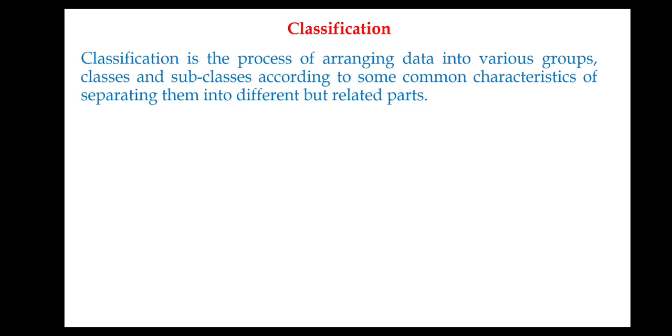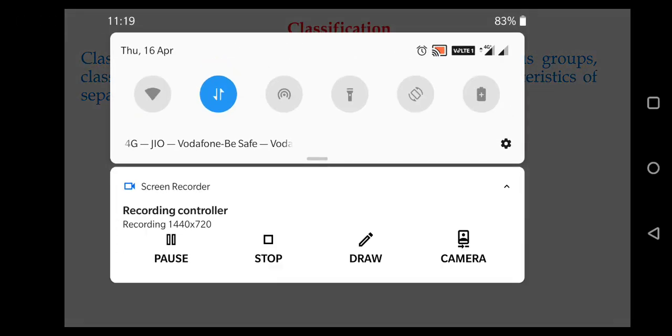Now classification. Classification is the process of arranging the data into various groups, classes and subclasses according to some common characteristics, separating them into different but related parts. This is what